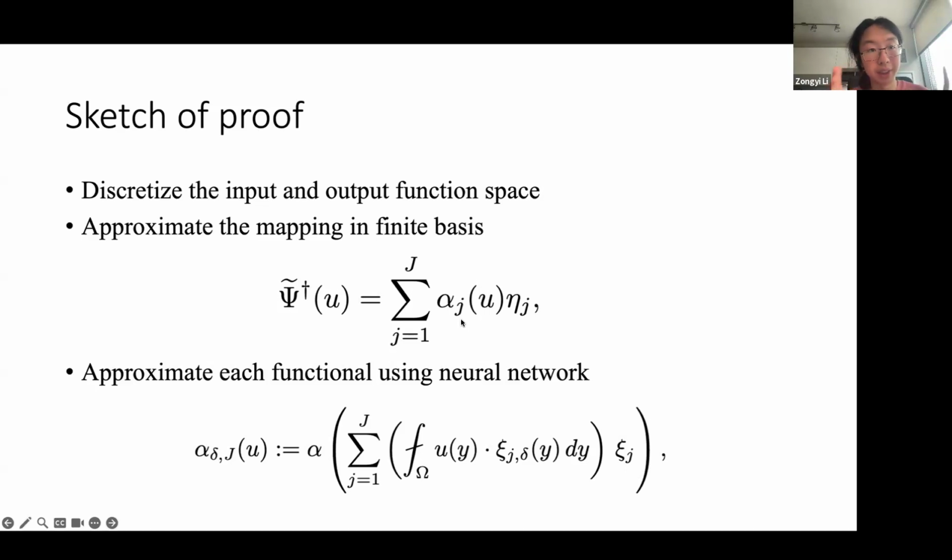So if we can discretize and approximate the input-output function space, then everything is finite. We can just use the existing neural network to approximate this finite-to-finite space. But I guess this theorem is still not showing the real advantage of nonlinear approximations, because it's still a linear expansion of the operators.